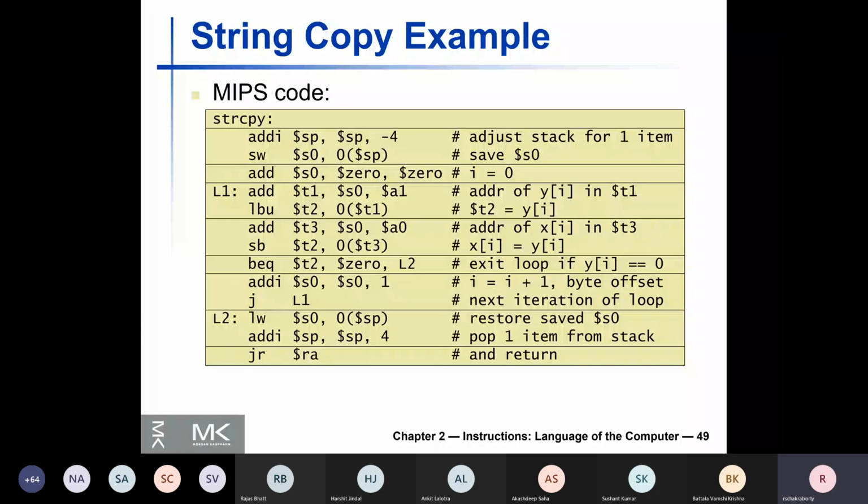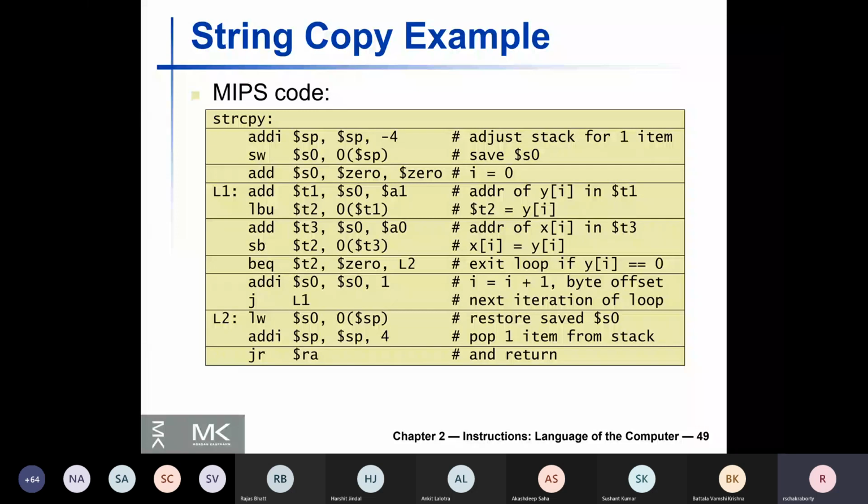Otherwise, increase the iterator by 1 byte. Remember, this is a byte offset now. So all the while we'll be using byte offsets only. So I increase it by 1 and then I jump to L1. Notice that the LBU or LB commands or the SB command can work with bytes. Usually we have seen we increase the offsets by 4 because if you are dealing with things like integers, those are 4 bytes long. So one offset is 4 bytes. Here that is not the case. Here every offset is 1 byte because this is an ASCII encoded character array.